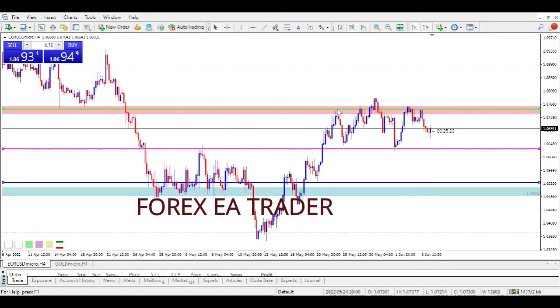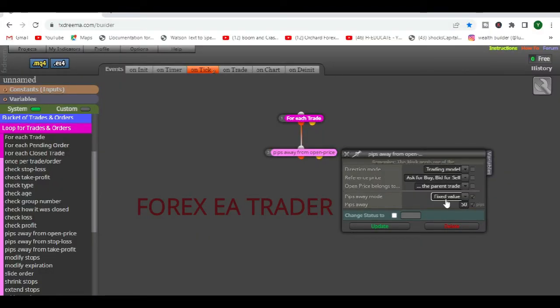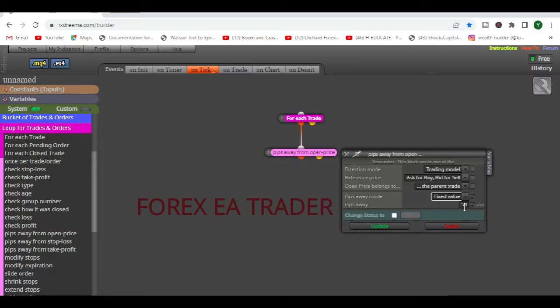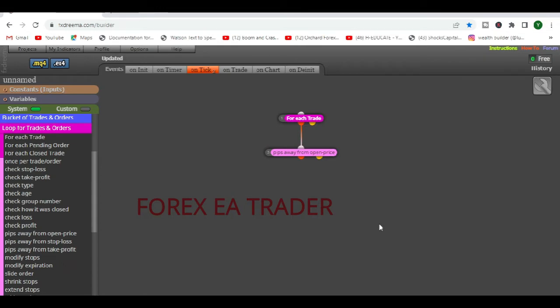So we are saying our TP is 100%. You can say when it has moved 20% or it's moved 50% or it's moved 75%, whatever you decide here, you can use fixed value, which is basically in pips. If our take profit is 100 pips, we are saying maybe when our price has moved 50 pips, then we want to take partial profit. So let's maybe just leave it like that. Then the next block that we'll need for this